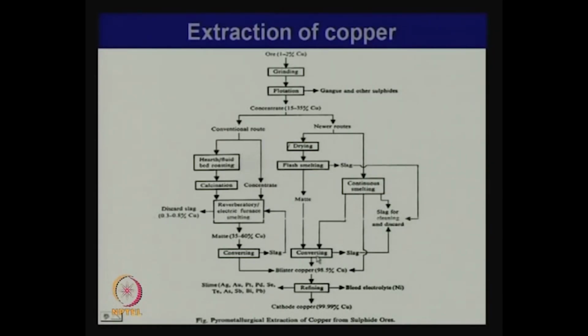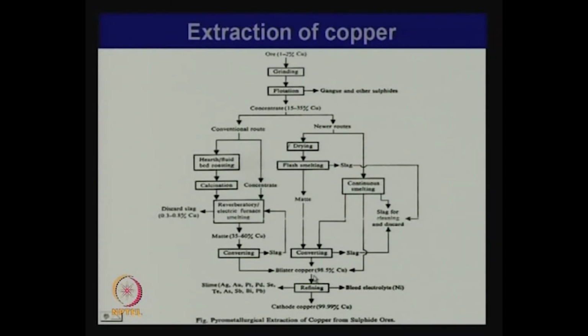Now, the third generation wanted to combine even these two into one, so that we start from concentrate and in one reactor go straight to blister copper. This is called the continuous smelting route, and many developments have taken place in that direction. The idea will be to take the concentrate, and in one reactor it will be continuously smelted,